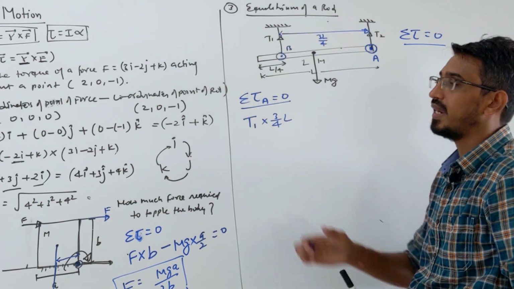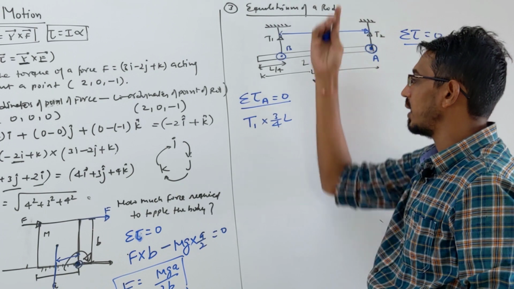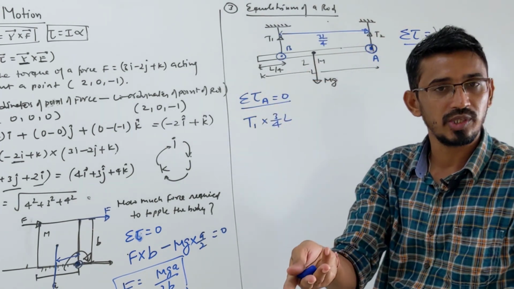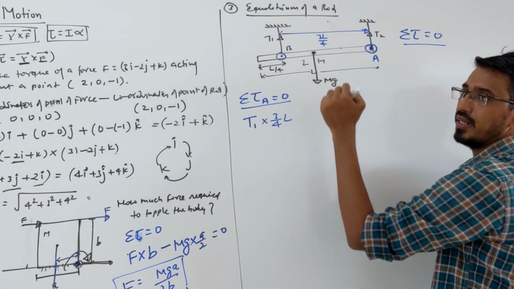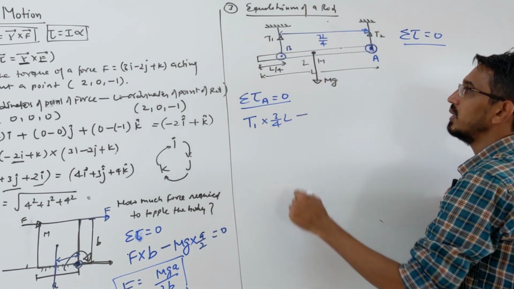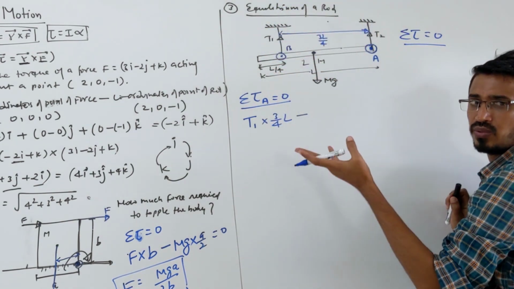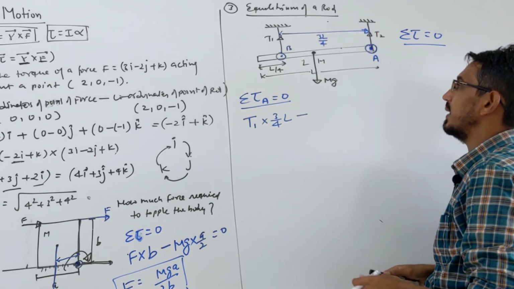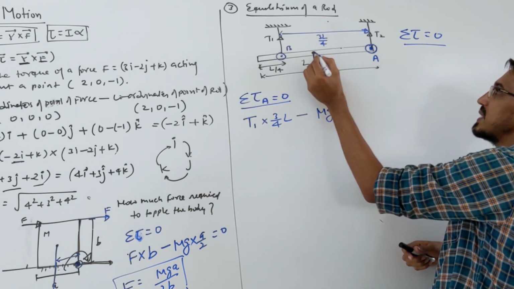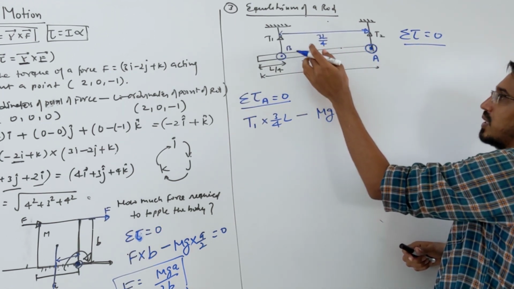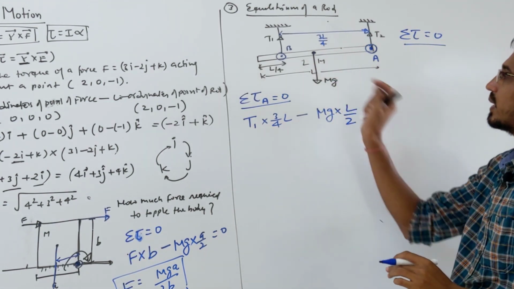Any one direction you take as positive torque, the other direction you take as negative torque. Suppose upward forces give positive torque, then downward forces give negative torque. Your choice. Then the next force is mg acting downward, so I write it as negative. This force acting upward tries to rotate it one way, and this one tries to rotate it the other way, clockwise or anti-clockwise. The force is mg, and the distance is L by 2, since it acts through the middle point of the rod. This is the torque due to the mg force.